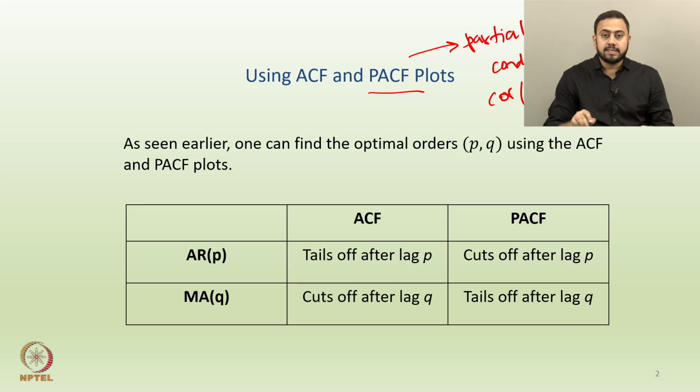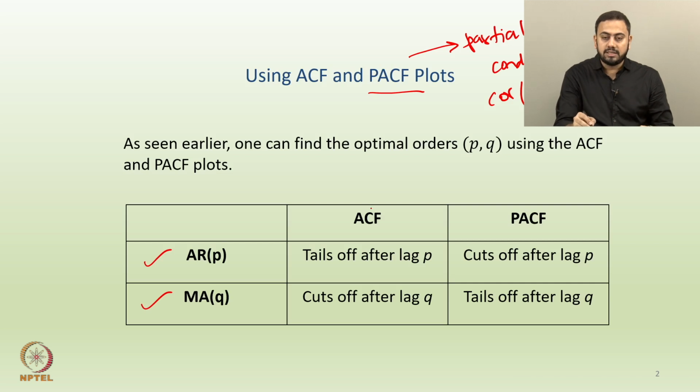So again, probably in the next slide we'll elaborate more using the plots themselves. But here you see a revision table, and the first row tells you which plot you are having, either ACF or PACF, and the first column gives you the appropriate model. So the underlying choices could be either AR(p) or MA(q), right? And what you see inside this table are the tendencies. So let me explain a bit here.